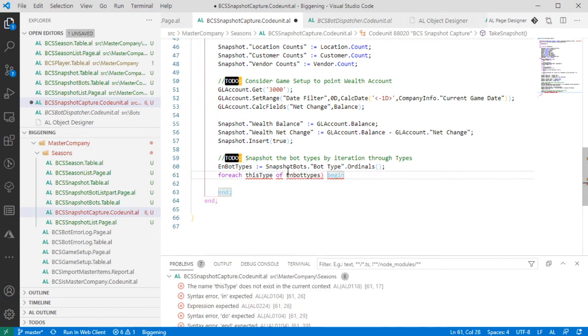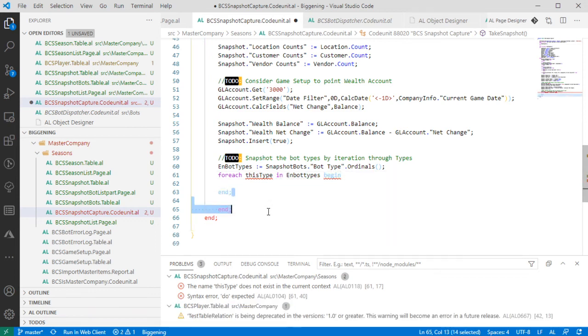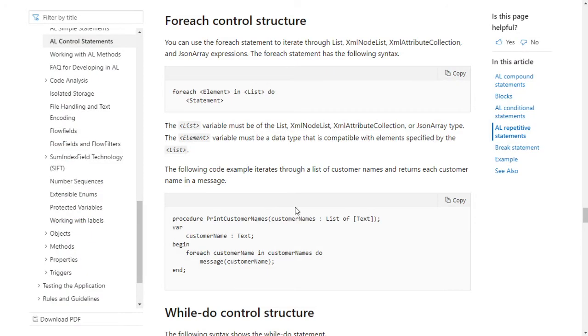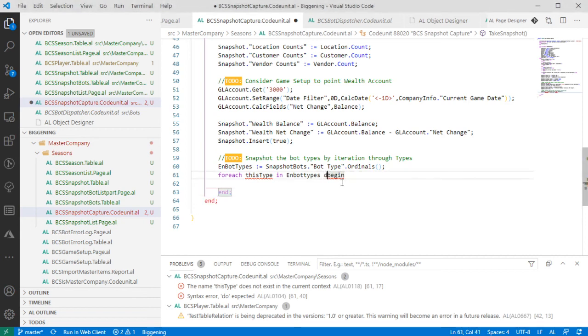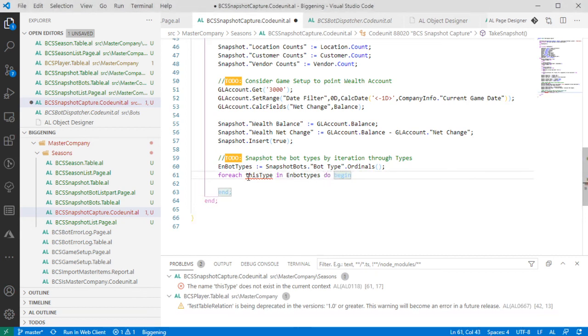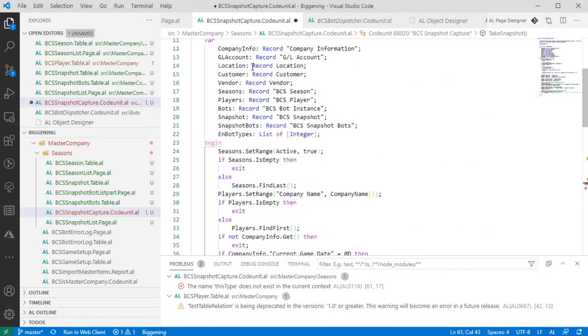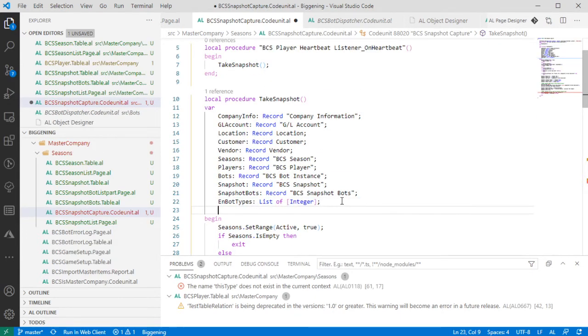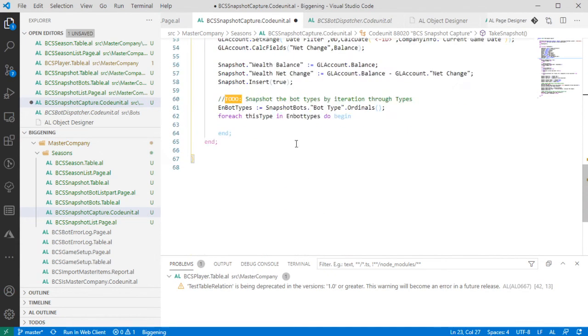And we want in. And now we've got an end too many. We also need do, just like any other loop, and we also need to, yep, because you can't inline declare variables. There we go. Okay, so for each integer in the bot types, okay, I think at this point it would